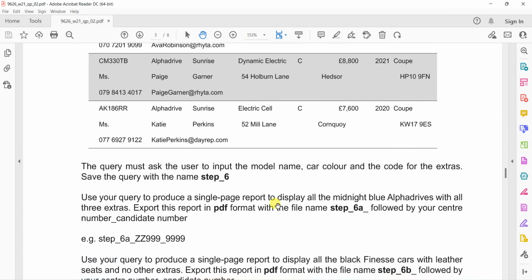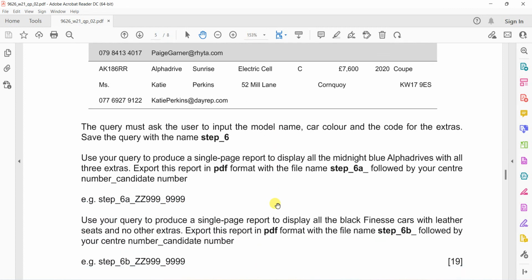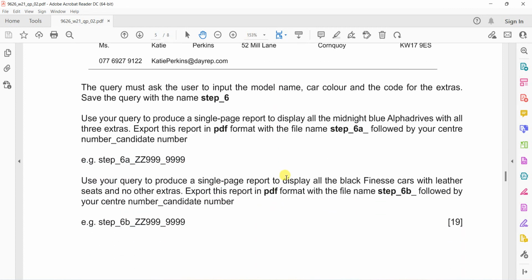Now 6B, it will be for black finest cars with leather seats and no other extras. Leather seats. Okay, so